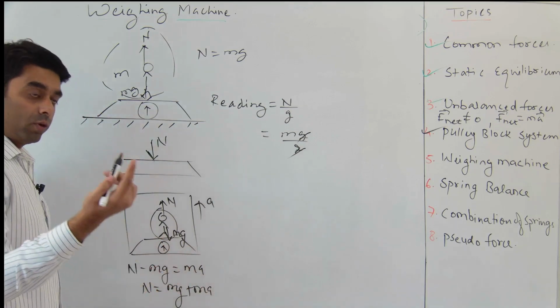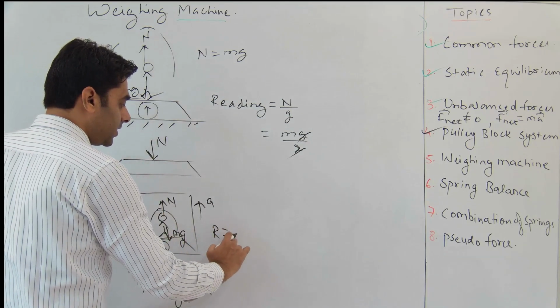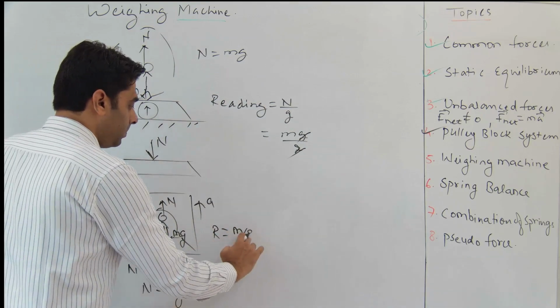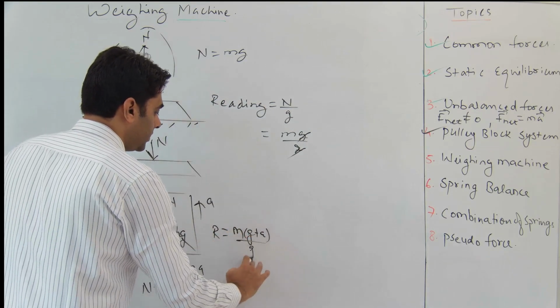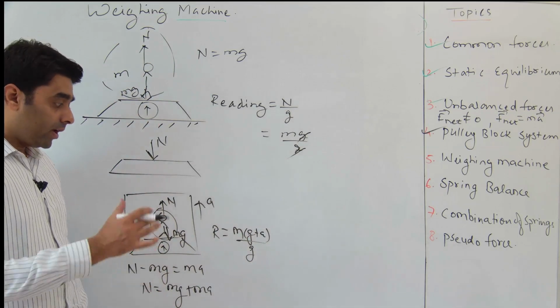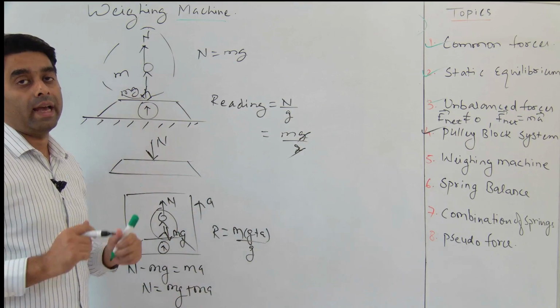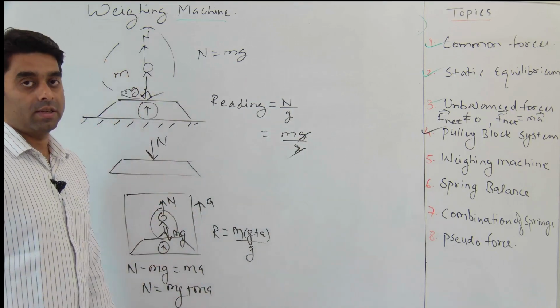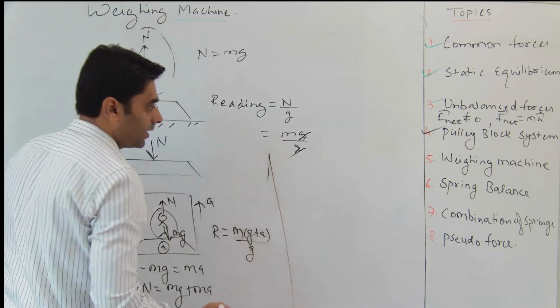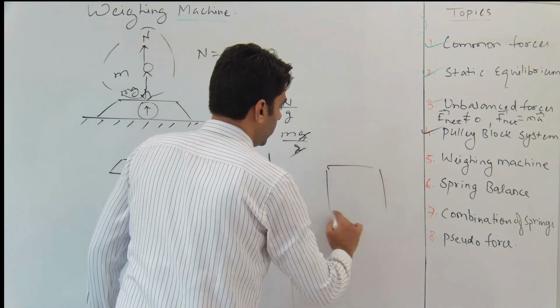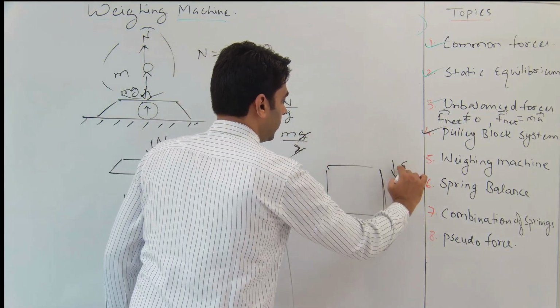In this case, what will be our reading? Reading of the weighing machine will be m times (g plus a) by g. This will be the reading, right? Over here, if you notice, the reading is more as compared to when the person is stationary. If I consider another case, let's suppose the lift is going down with the acceleration of a,